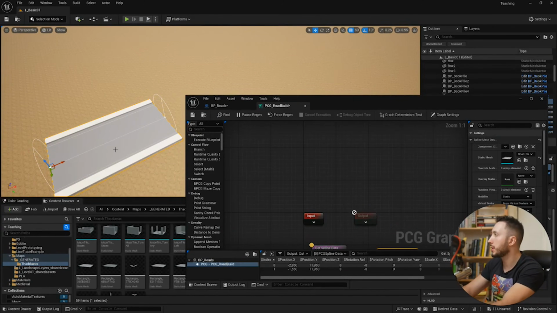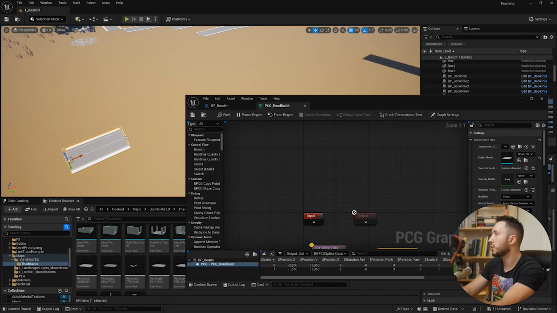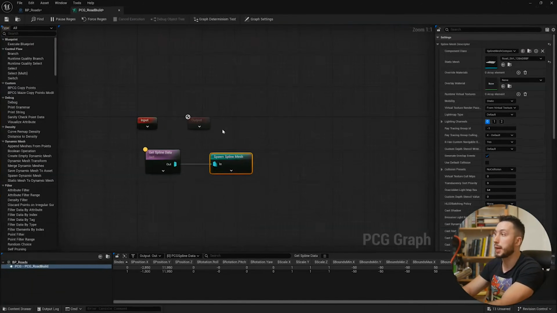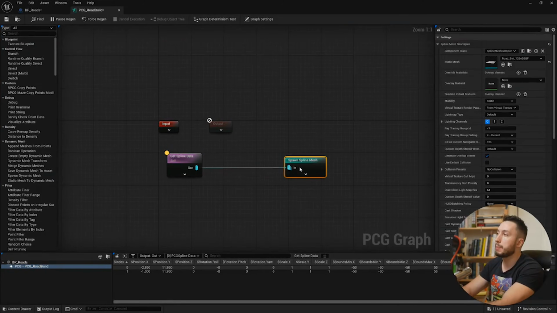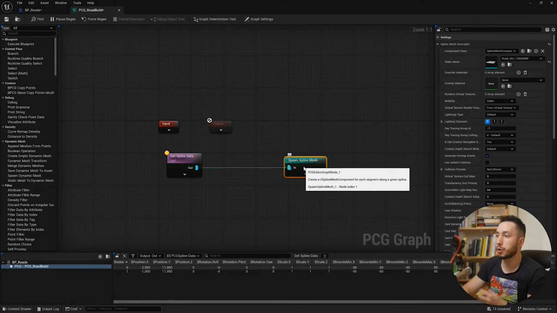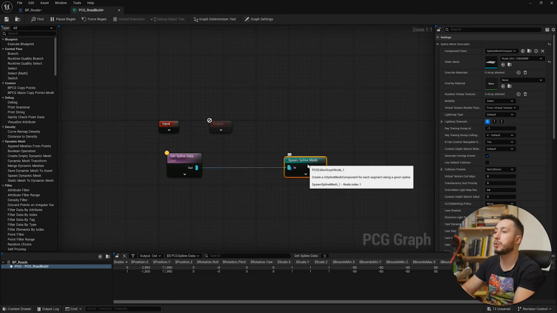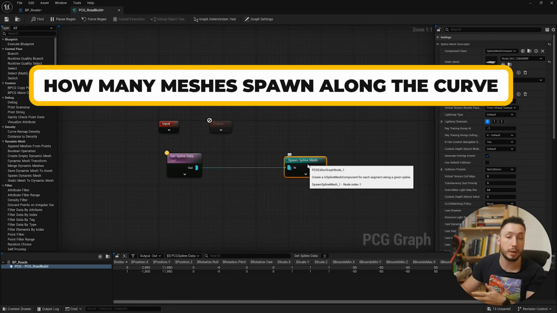And this mesh is a little hard to see, but it's kind of stretching. It's stretching this mesh along our spline. We don't really have a lot of control over how many times it's repeated, for example. We have actually 0 control over any of this stuff. And so that's why this is not the most ideal way to set up a mesh extrusion along a spline in PCG. Yes, it technically works. We're getting our spline data and plugging it directly into a mesh, and you could do this, and maybe with your mesh it will work fine. But we want a little more control and a way of deciding like how many meshes are spawned along the